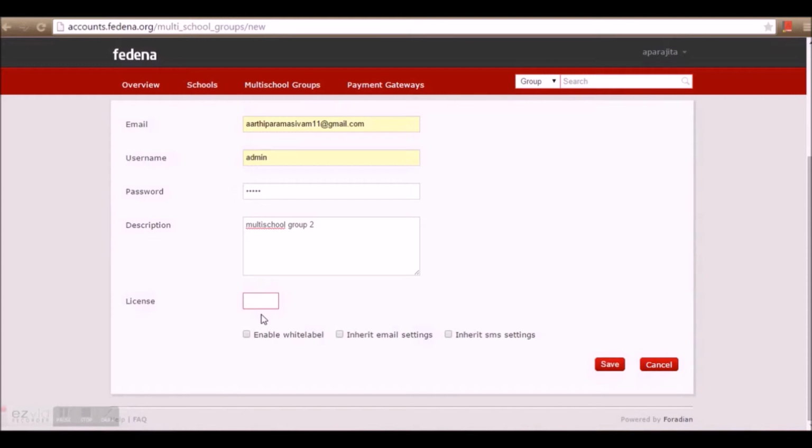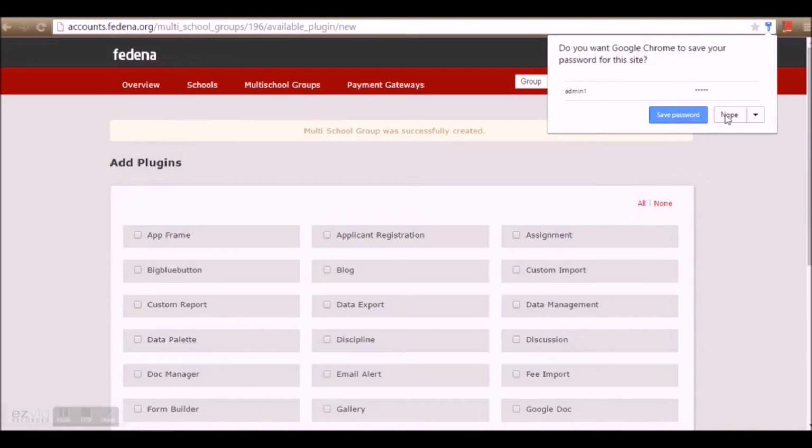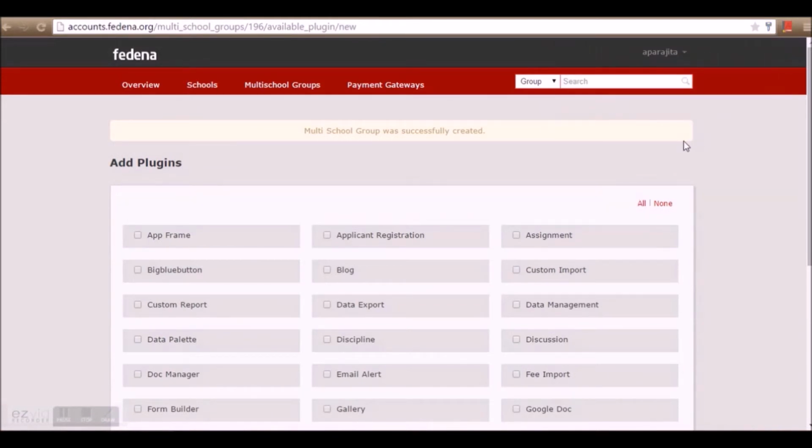So I'm entering 2 licenses for this school, and right here I can inherit email setting and SMS setting by enabling these options. The email and the SMS setting that has been provided for the company can be inherited for this multi-school as well. So I can inherit here and give save. Right here the multi-school group was created successfully